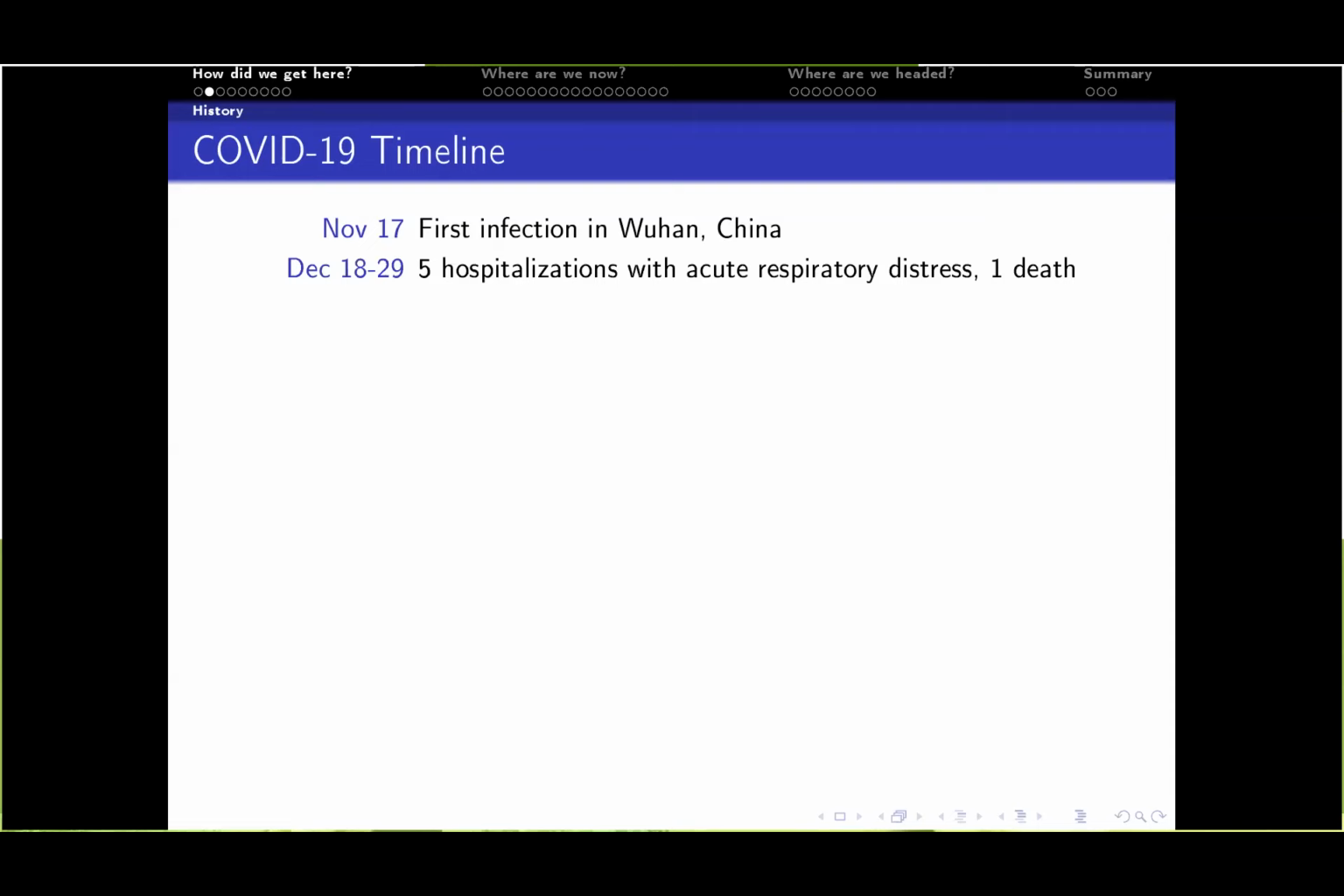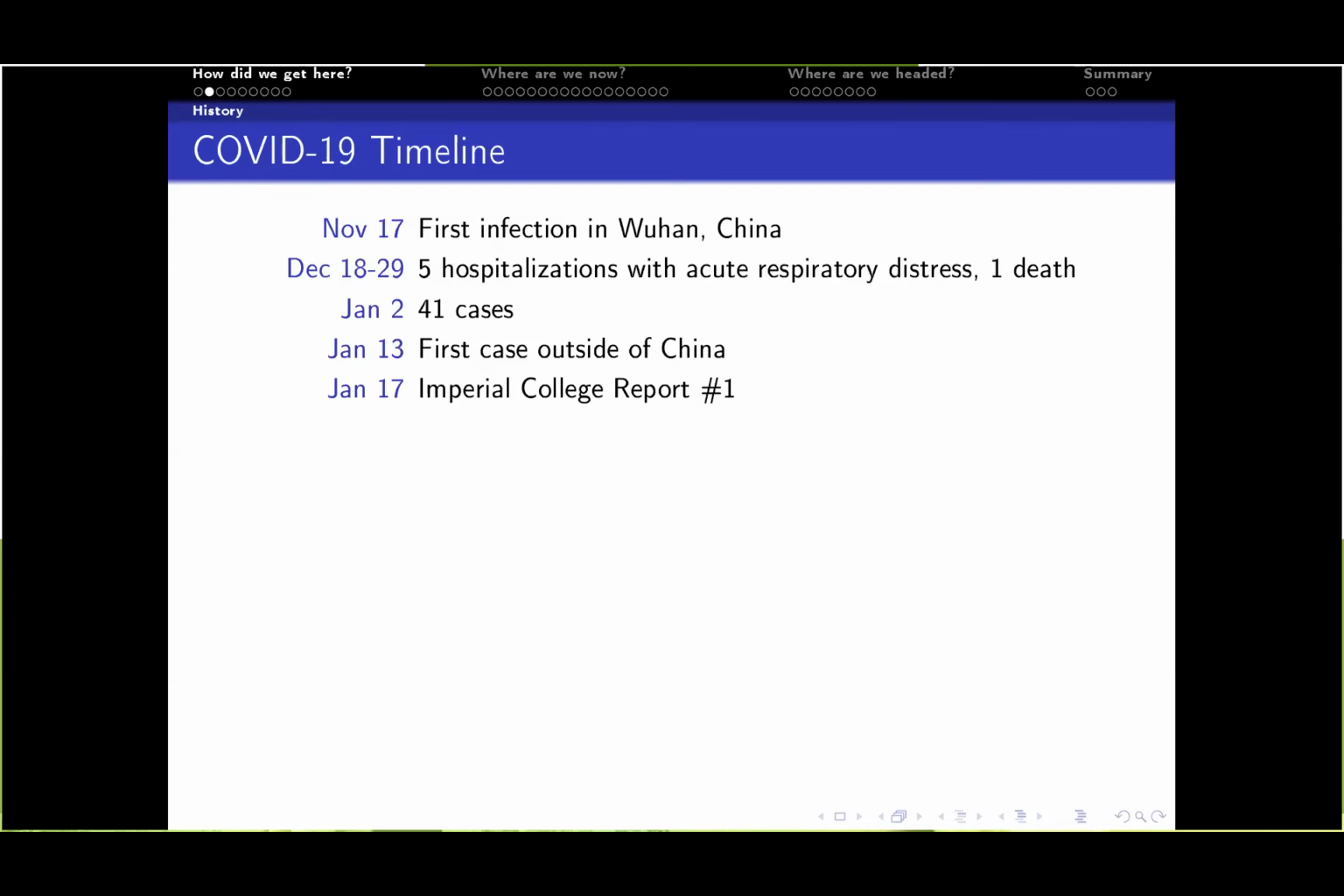So late December in Wuhan, some physicians in a hospital there realized that they had a cluster of pneumonia-related diseases, acute respiratory distress. One of them died. By the 2nd of January, 41 cases. On the 13th, the first case outside China was reported. And then on the 17th, Imperial College in London, which has a mathematical epidemiology group headed by Professor Ferguson, one of the world leaders in mathematical epidemiology,